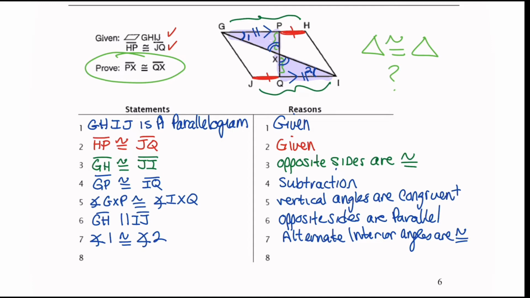That's enough to say. Now, I did do this with a little bit of an extra step here, because a lot of times people will write all the stuff that's given in one statement, so I could have condensed these two here. But the next thing I would want to say is about those two triangles being congruent because we have enough evidence for that. Triangle GPX is congruent to triangle IQX